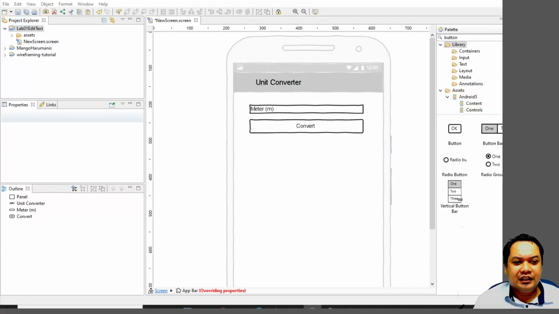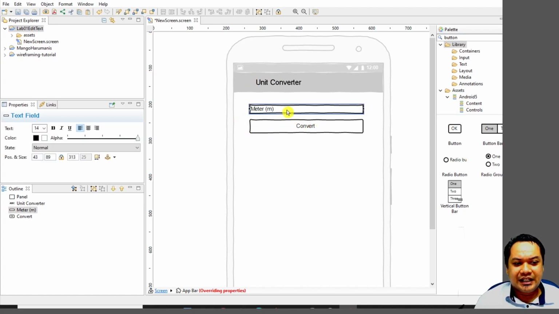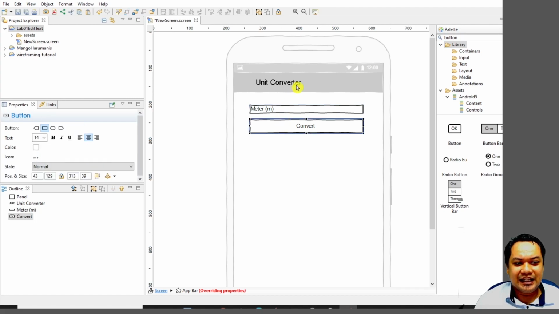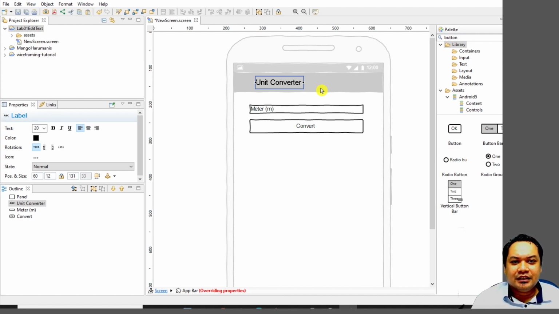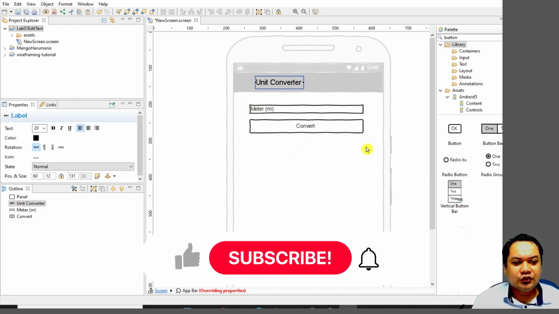For today's lab session, we will learn how to create a basic user interaction on Android Studio. What we will do today is create a basic Android application for a unit converter. We will have one edit text, and then we will use one button, and then how to change the title of your application. For today, what we will look into is, one, how to rearrange the layout,